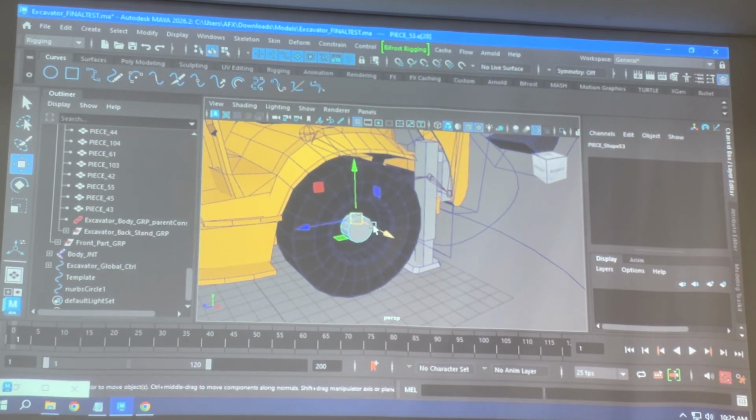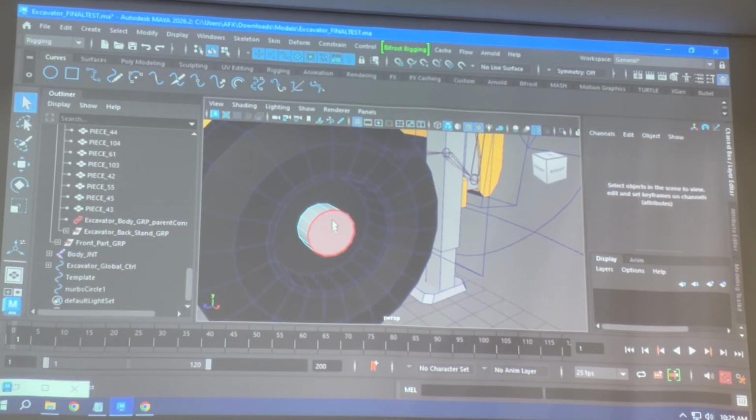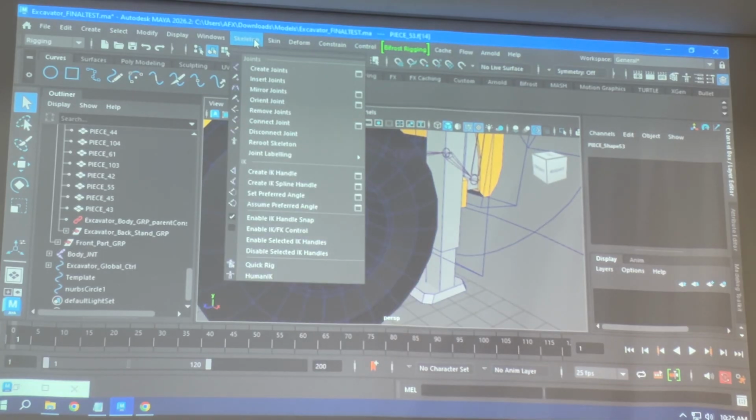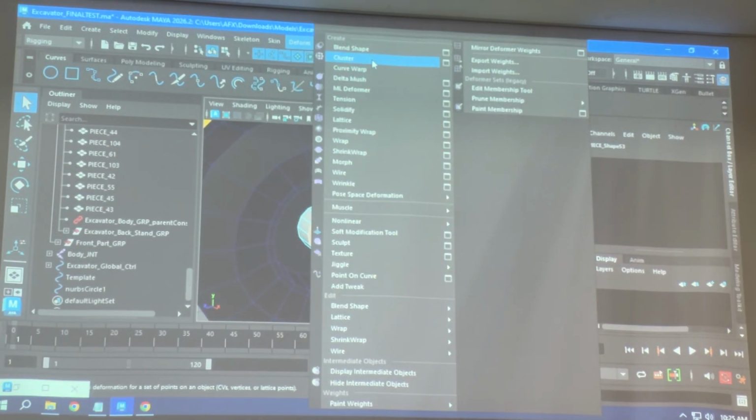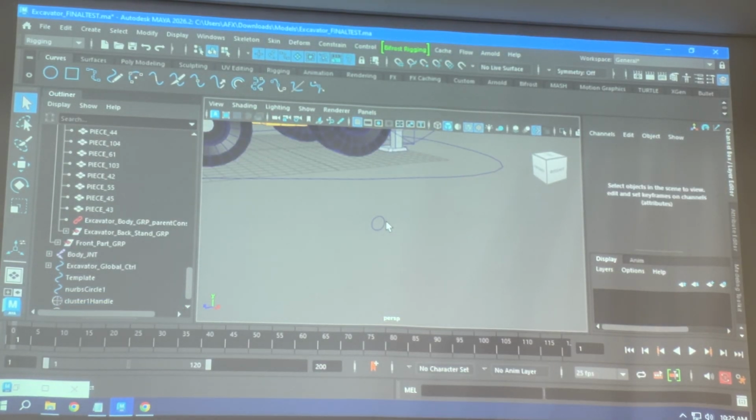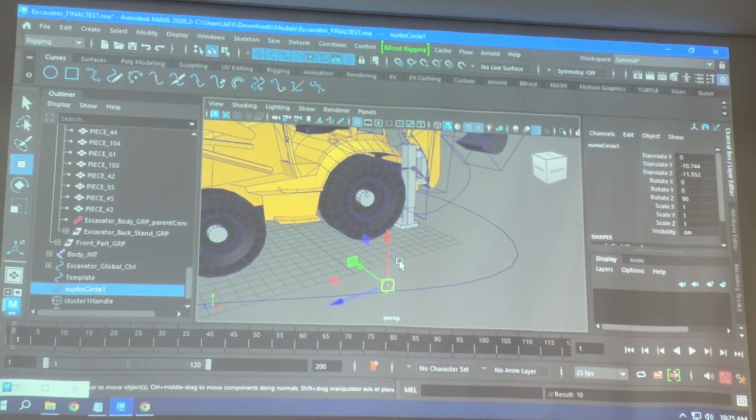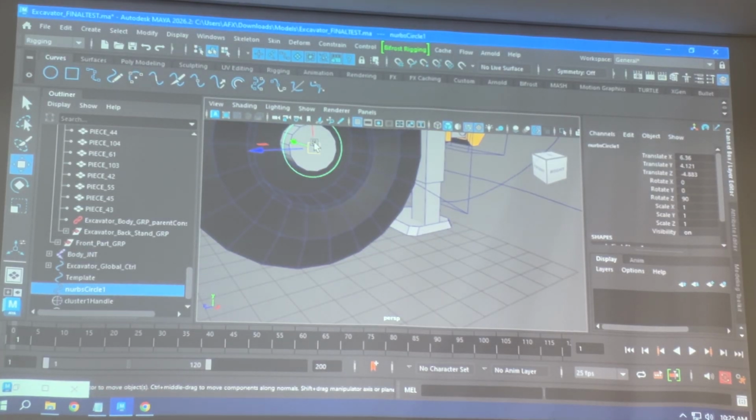Just going to use again a cluster, just going to create a cluster. Form cluster. So this is going to, where the cluster is. Alright? Then I'm going to